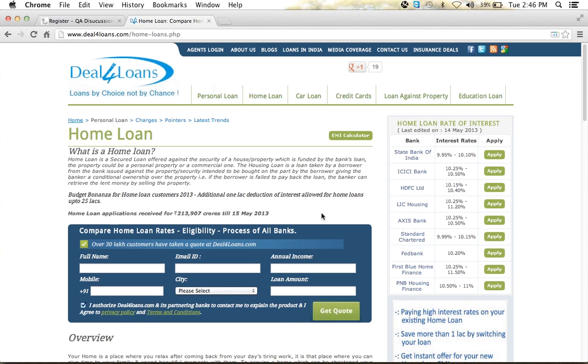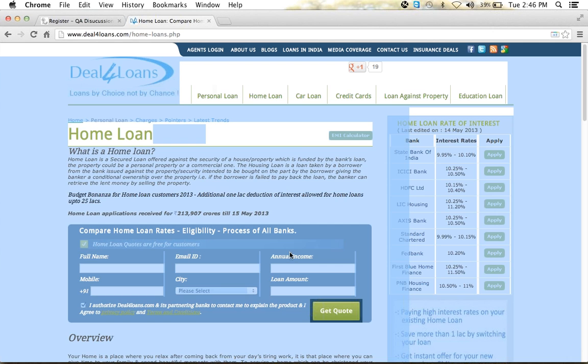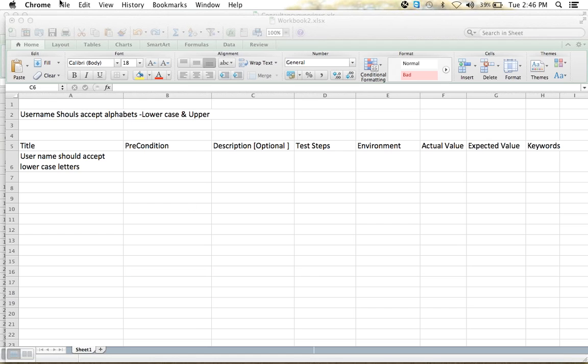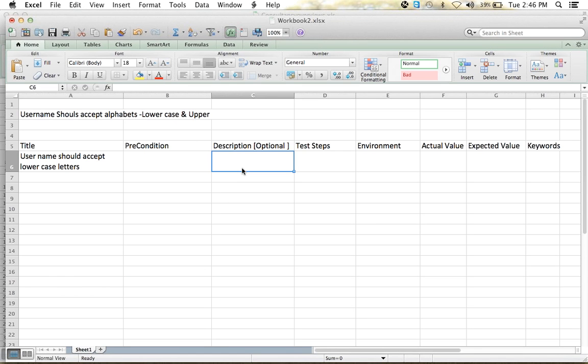So we don't know which one we are verifying. For that reason, we can mention in the description field, like under home loan, this get quote button, here we are working. If we have any such scenarios, we can mention those extra points under a description. So we may or may not give that description, but it is better to always have a description.